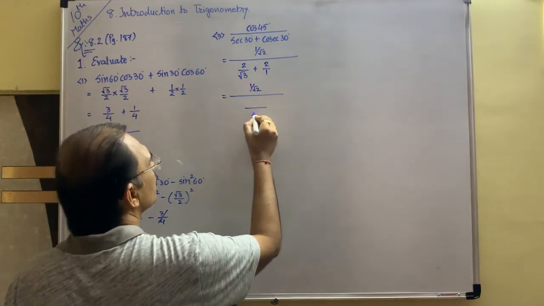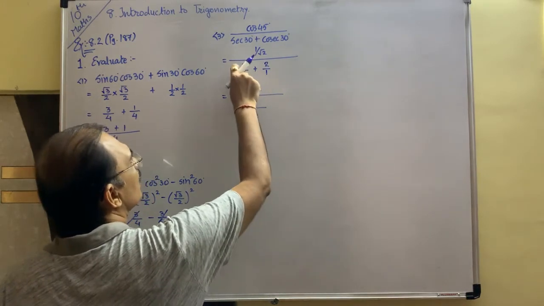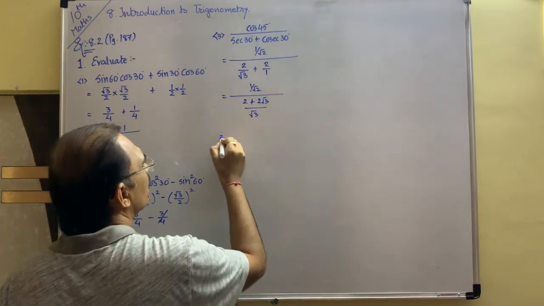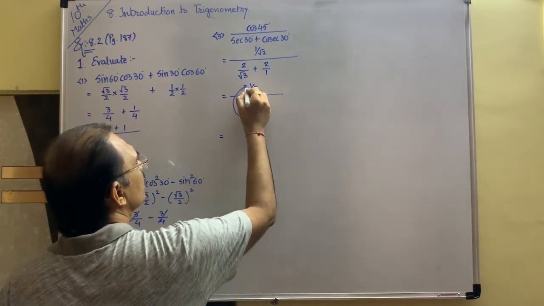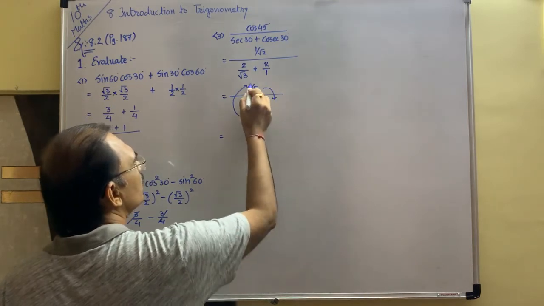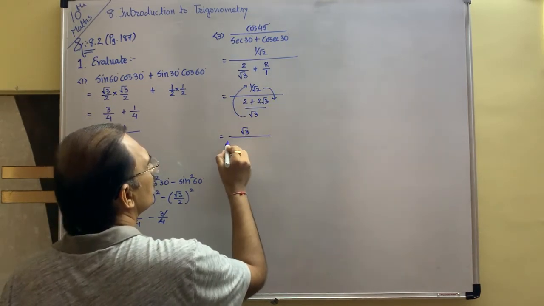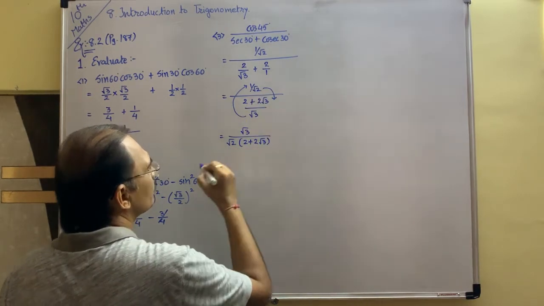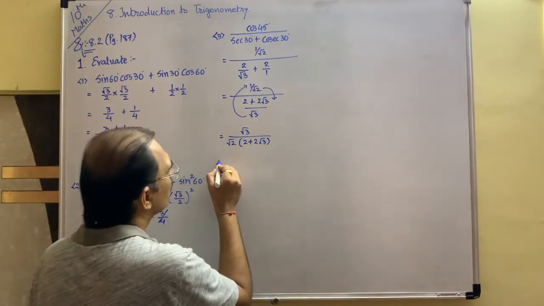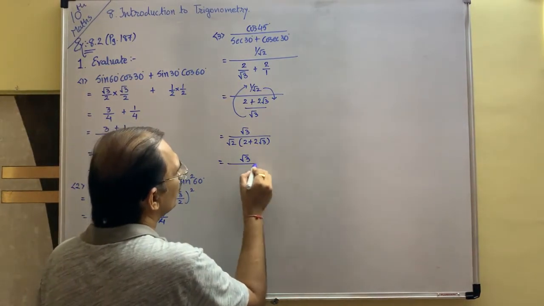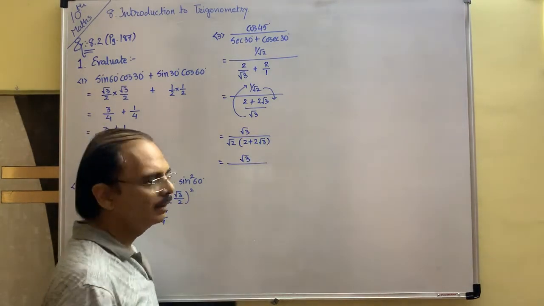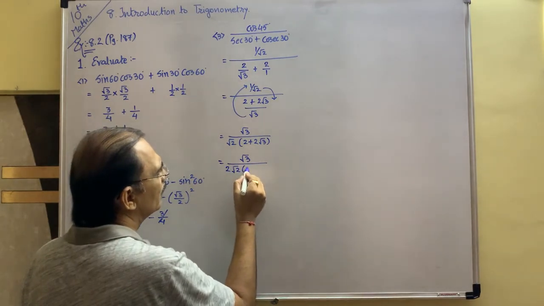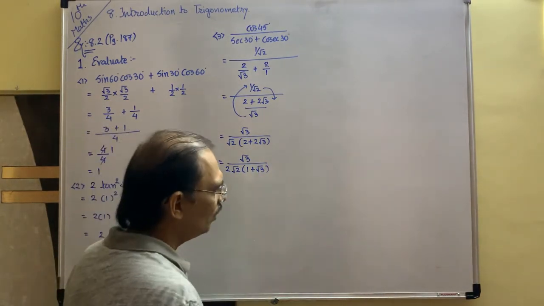Here you have to take LCM, root 3, 1s are root 3. So 2 keep it as it is, multiplied by root 3 here, 2 root 3. Okay, denominator of denominator, that is numerator, and root 2 moves down. Root 3 1s are root 3 upon root 2, this root 2 multiplied by 2 plus 2 root 3. Open the bracket. You can take 2 common without opening the bracket. I can take 2 common from this bracket. I write it 2, this root 2 keep it as it is, 1 plus root 3. Okay, now see.